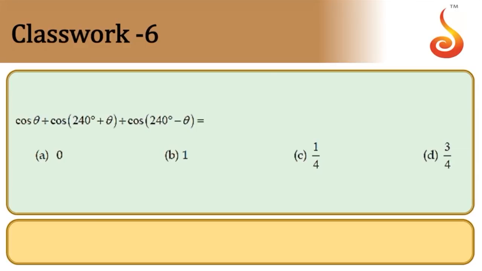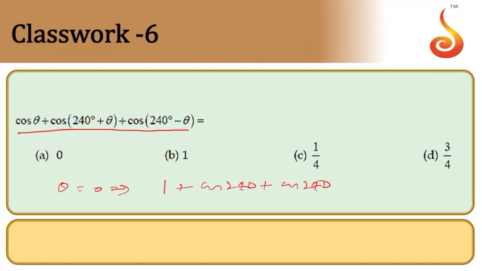As I told you in the previous examples, this is a trigonometric identity. The result is equal to a constant irrespective of the theta value. So I can take theta equal to some particular angle, let's say theta equals 0. If I take theta 0, cos 0 happens to be 1, and cos 240. You know cos 240 is nothing but